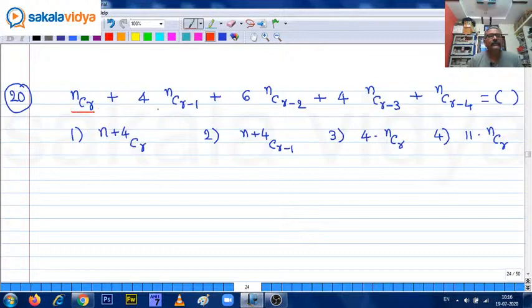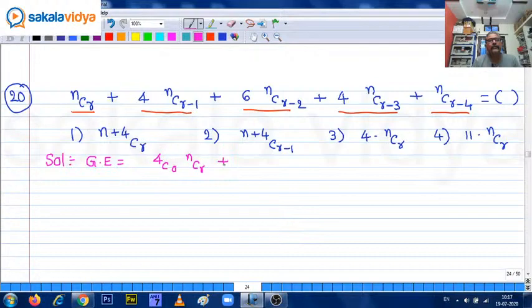nCr plus 4 times nCr minus 1, 6 times nCr minus 2, 4 times nCr minus 3, plus nCr minus 4 is equal to how much? Okay, so now the solution. This given expression I will write like this: 4C0 nCr